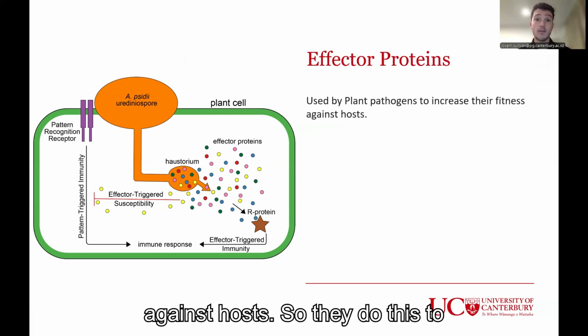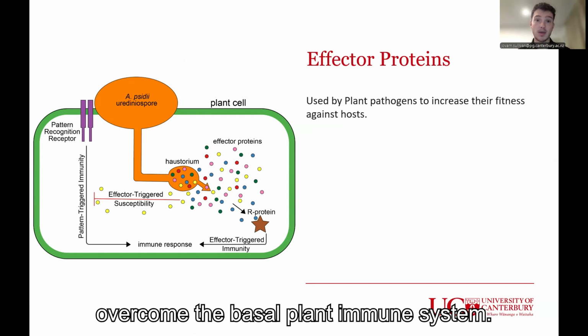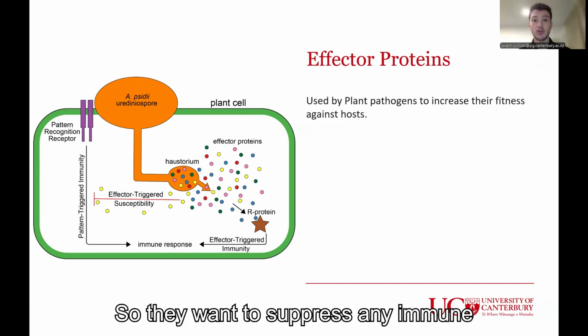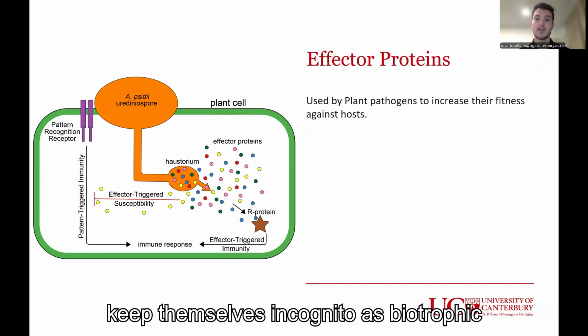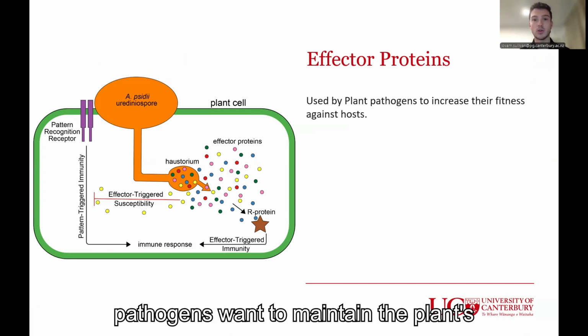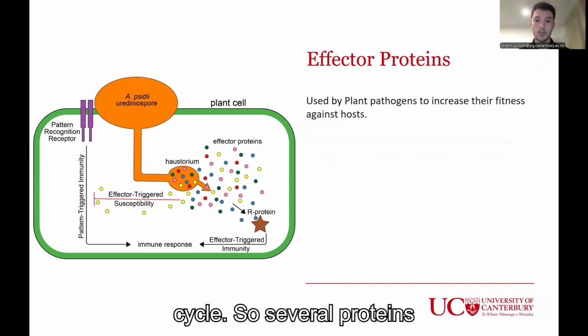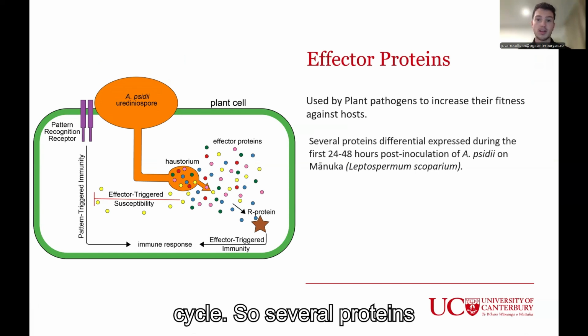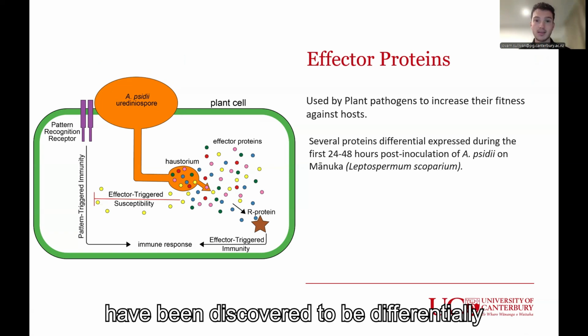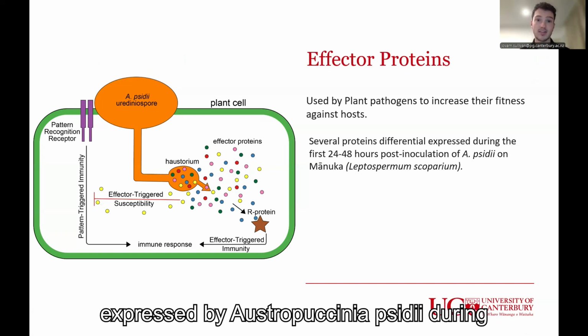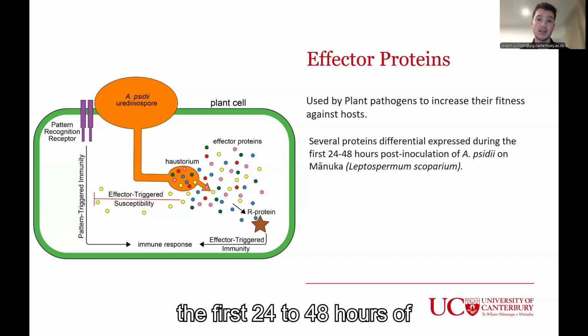They do this to overcome the basal plant immune system. So they want to suppress any immune response that the plant may be having to keep themselves incognito, as biotrophic pathogens want to maintain the plant's life so that it can steal its nutrients, so that they can complete their own life cycle. Several proteins have been discovered to be differentially expressed by Austropuccinia psidii during the first 24 to